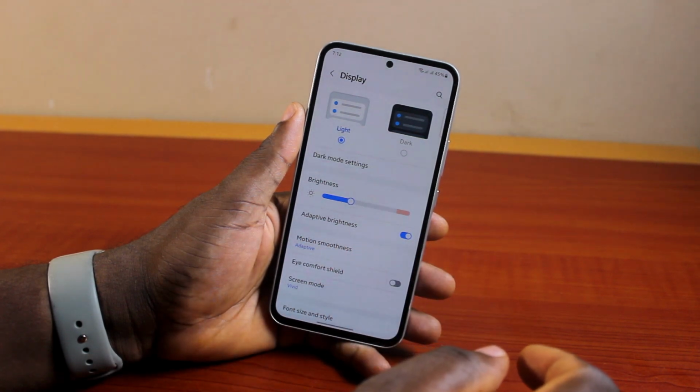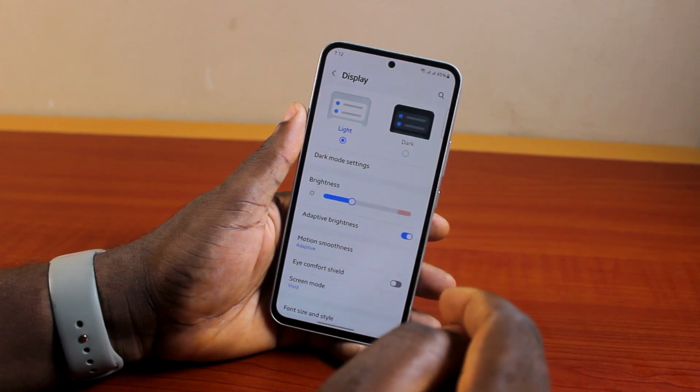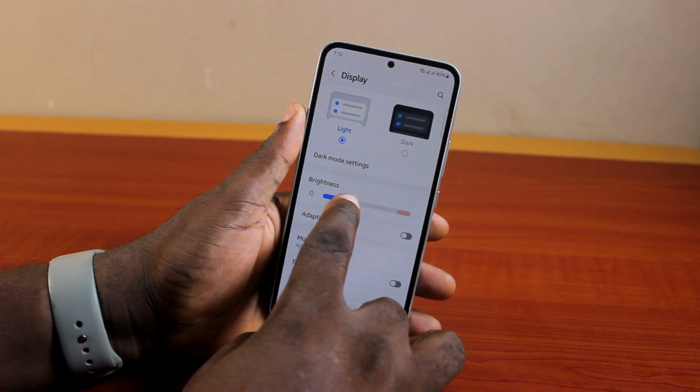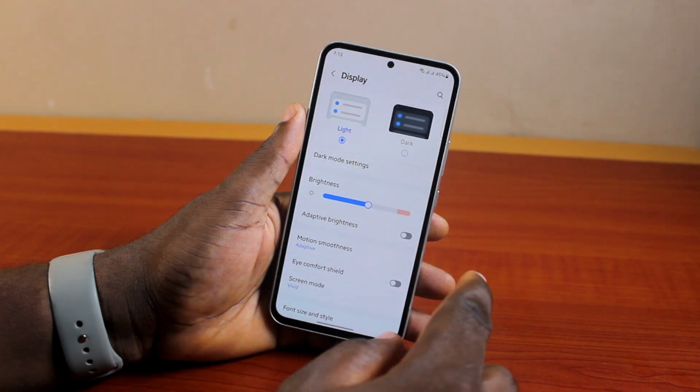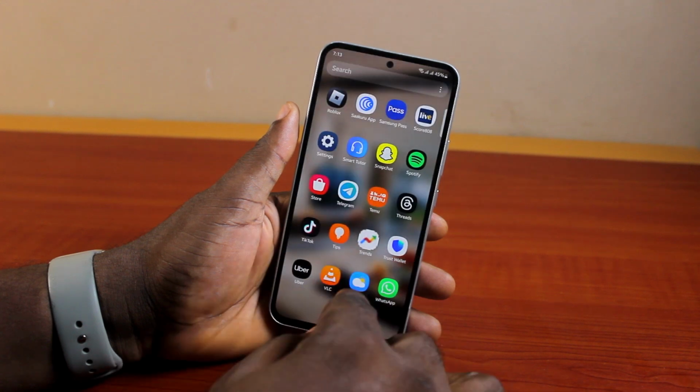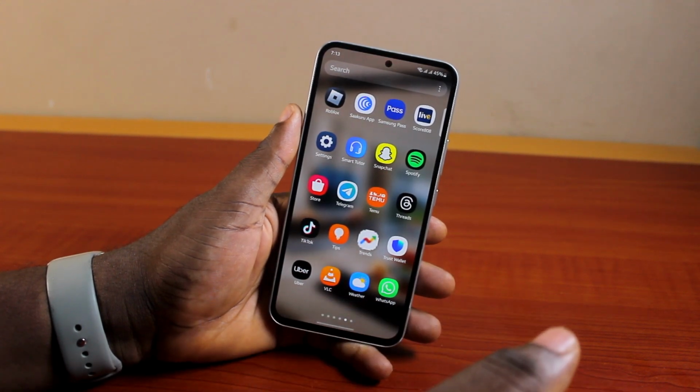Once you enable adaptive brightness, this is going to allow your Samsung phone to adjust the brightness automatically based on your ambient light. And then you can just disable this again if you want to manually adjust the screen brightness. And then once you've adjusted the screen brightness to your choice, then you can hit the back button. So that is basically how to change screen brightness